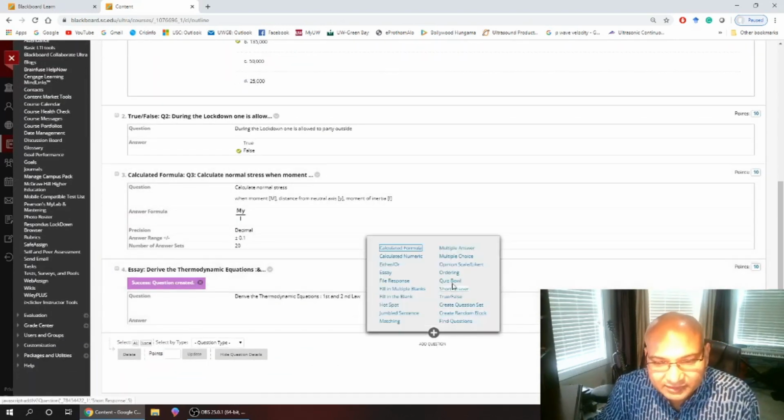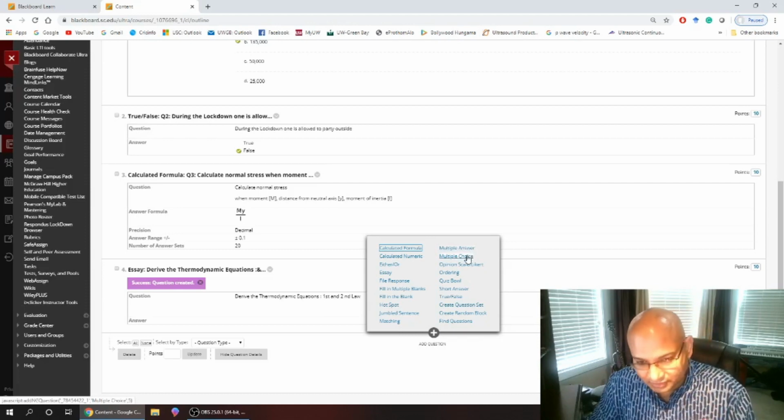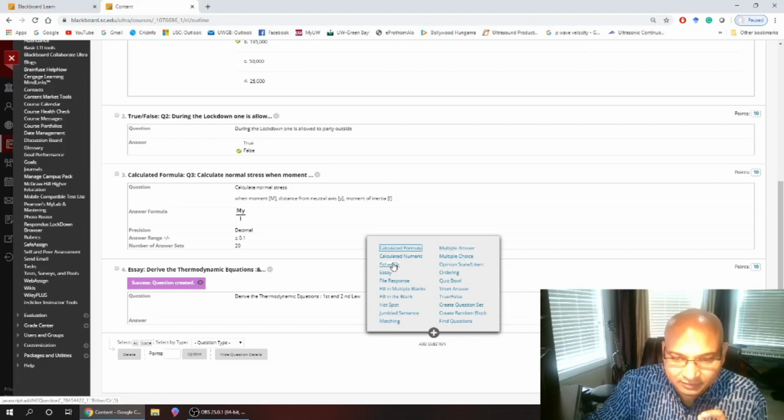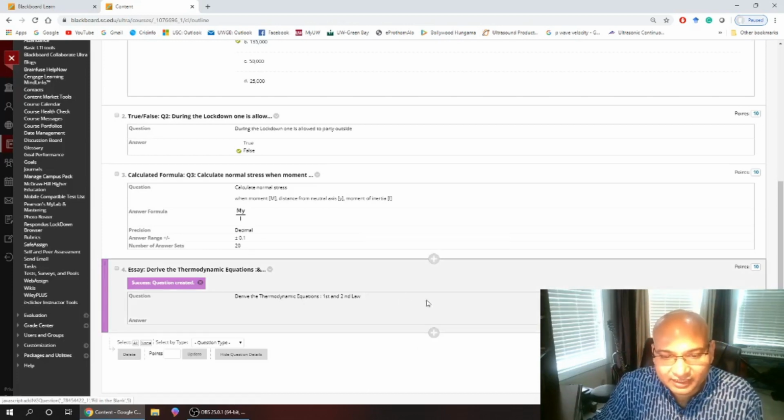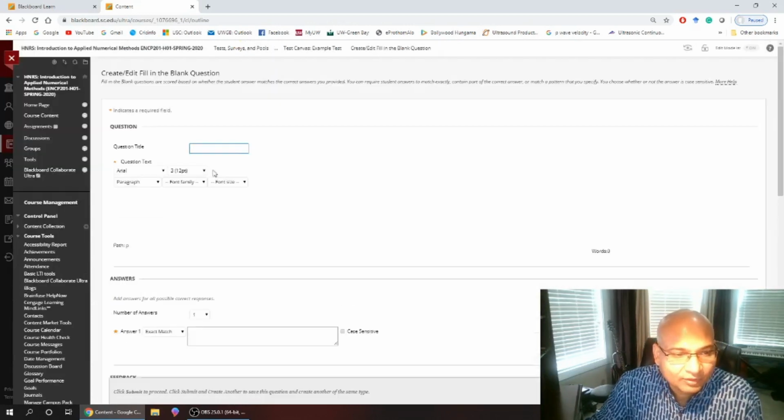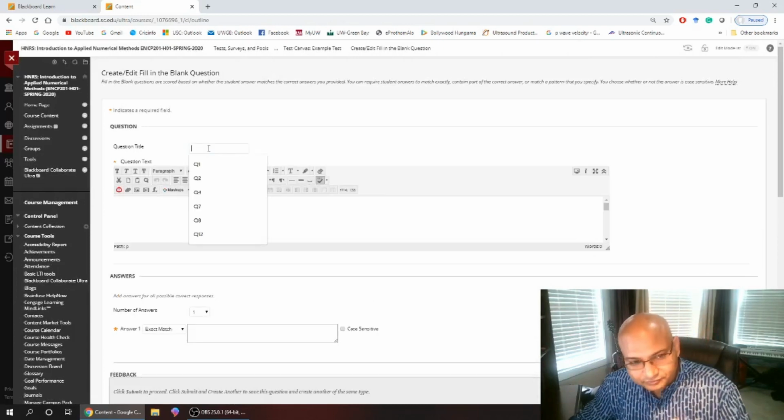Let me see if any other types of questions are there. Multiple answers is basically exactly the same as multiple choice, where you have multiple answers instead of having one choice. Either or is exactly the same as true false. Fill in the blanks, you can create a fill in the blanks exam,